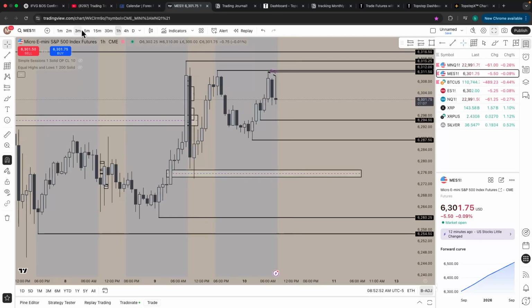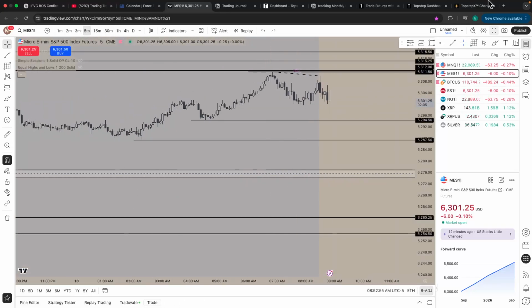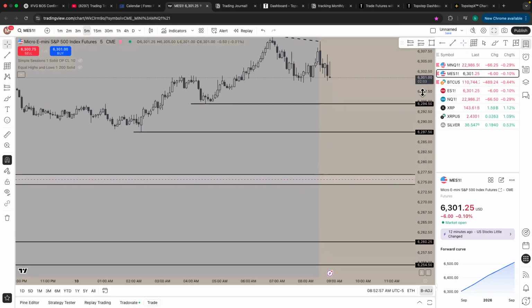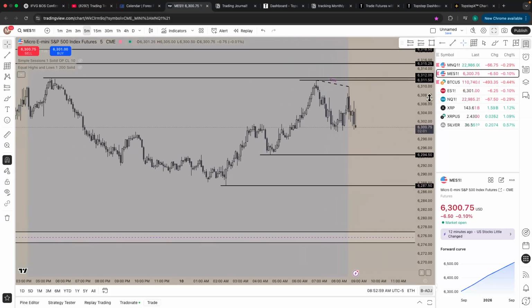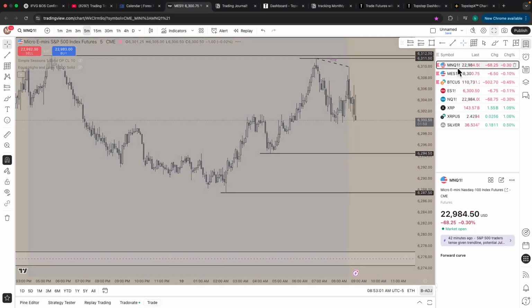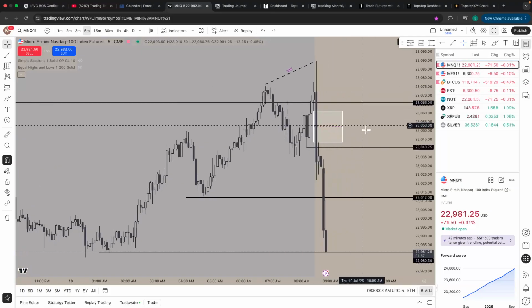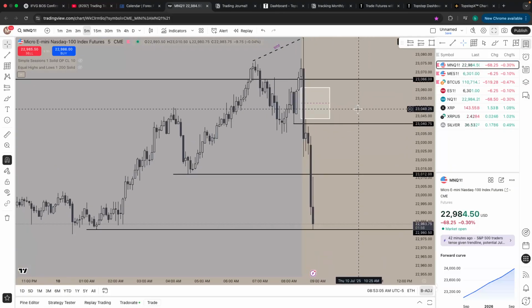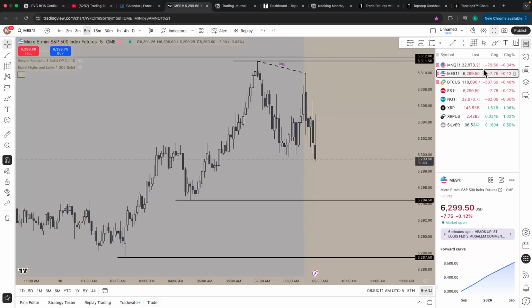You get 2 SMTs right off the bat, in like the first 30 minutes of price action. Because we had a bearish SMT right here, SMT divergence. Oh my gosh, look at that move. ES has to follow suit here soon, right? Yep, and here we go.